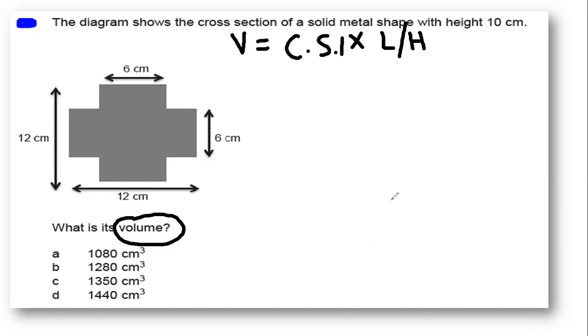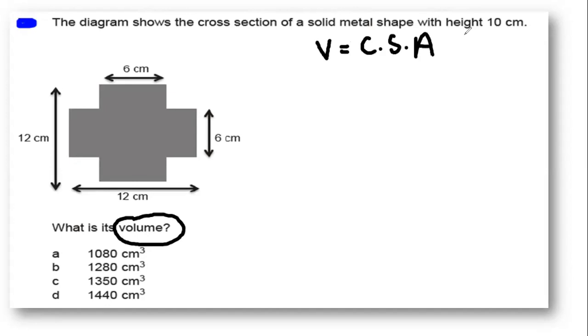So volume is cross-sectional area multiplied by the length or the height. All right. Now,